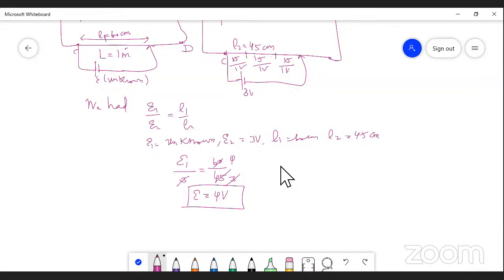So if you are getting a balancing length of 60 centimeter for an unknown source of EMF, then 60 is 4 multiplied by 15. So obviously we can say 4 volt is balancing the balancing length of a potentiometer wire, 60 centimeter. So the unknown source of EMF will be 4 volts. So directly we can go on with the calculation from the given data. Fine. This is E equals 4 volt. Then the next question is